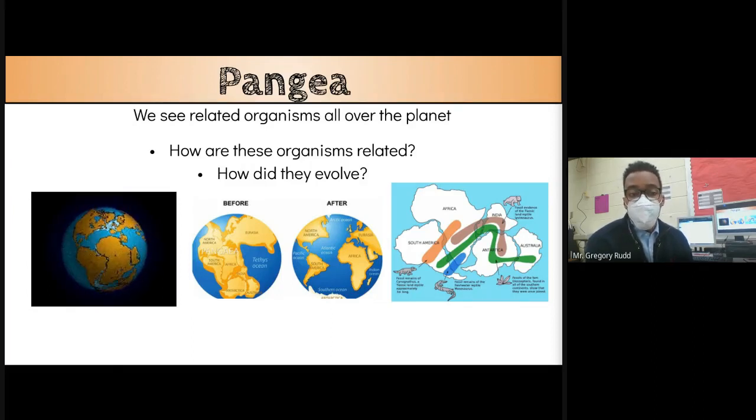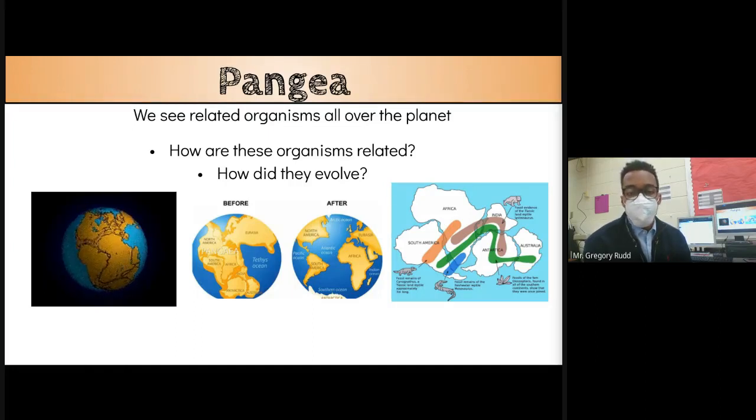So over the course of millions of years, we know that continents have moved. This we know because there are some species that exist, for example, in South Africa that also exist in southern South America. You might see them in Uruguay, but you also see those same species in South Africa. So, of course, the species didn't travel over thousands of miles of water.